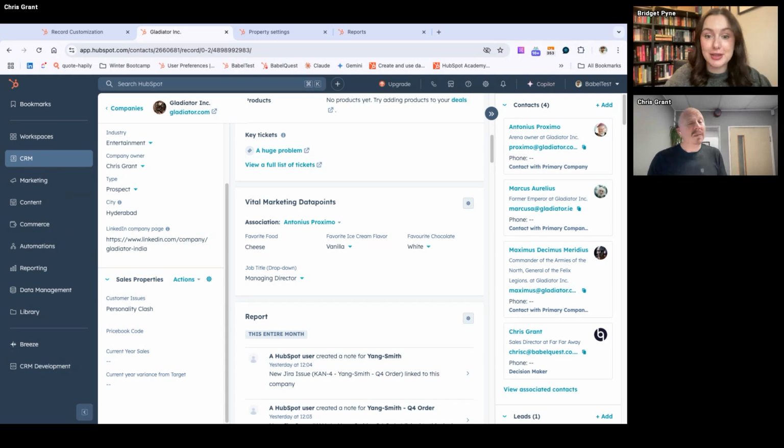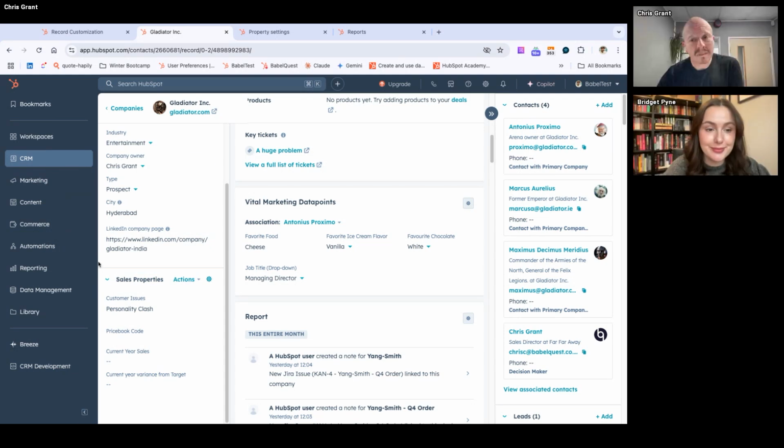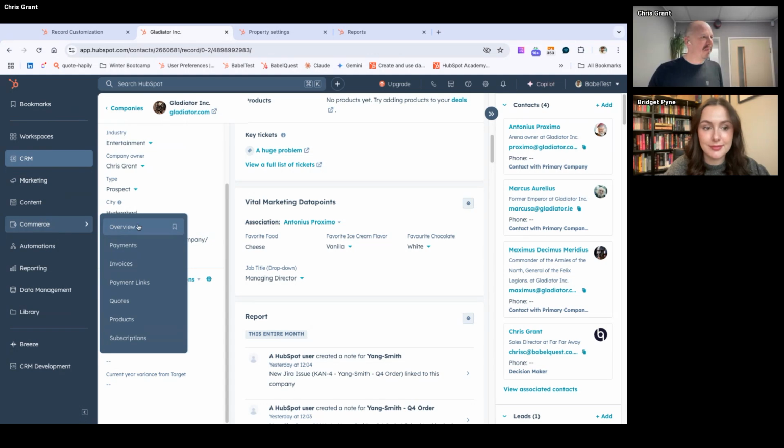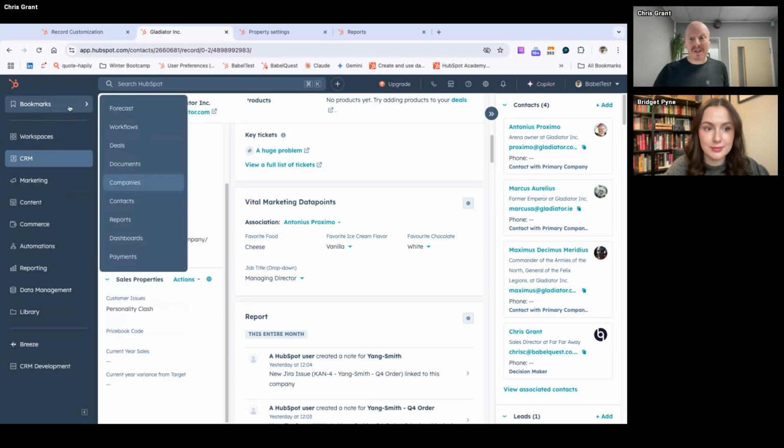That's a good tip. I mean, this is sort of user level customization, but make sure they know how to add a bookmark. If I'm using payments, I'm going to bookmark it so that I've got my own personal menu up at the top. And that's just on a person by person basis, isn't it?